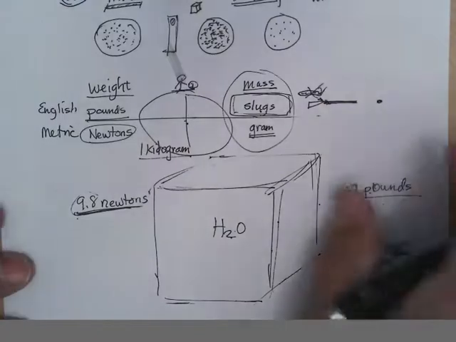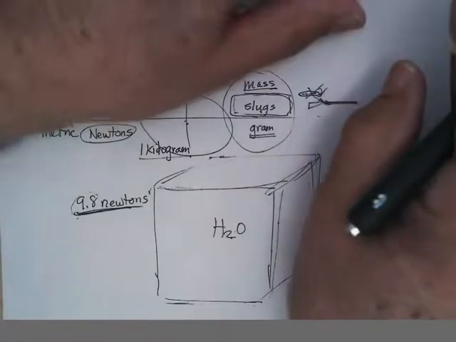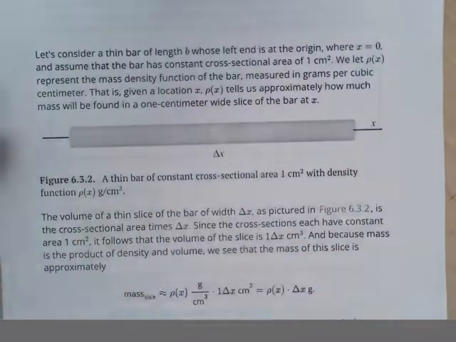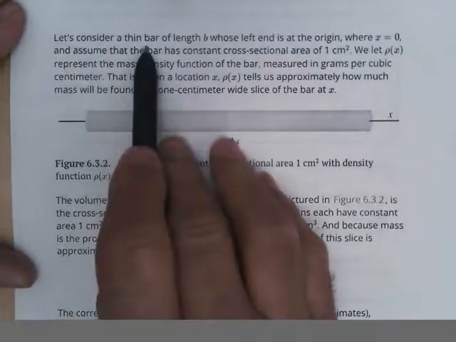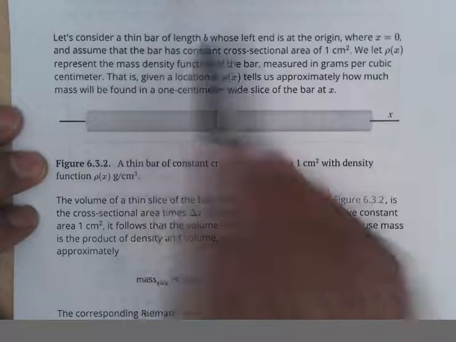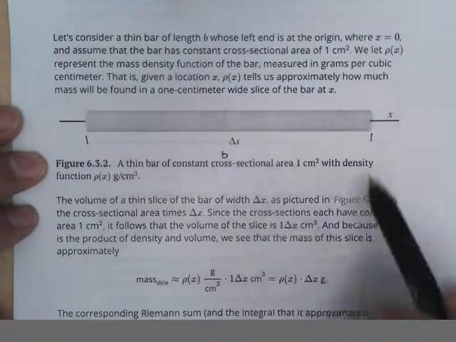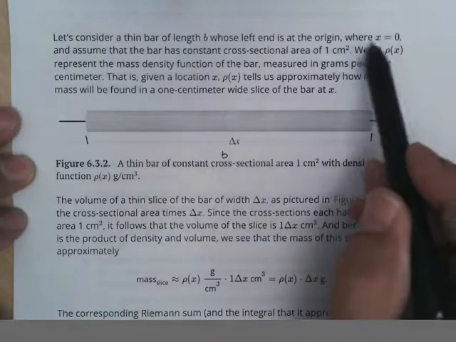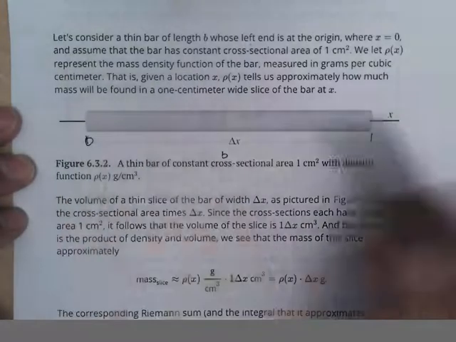Okay, enough on mass. But it's kind of essential that you understand it to get an idea of what they're talking about here. So, Dirk said, consider a thin bar of length B, so from one end to the other is B, and where x at the left end is 0, so 0 to B,